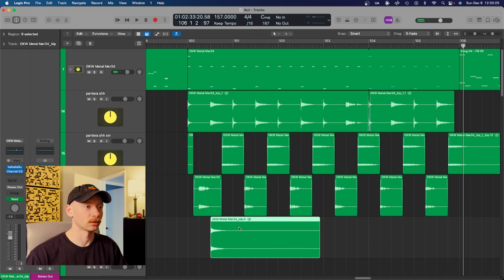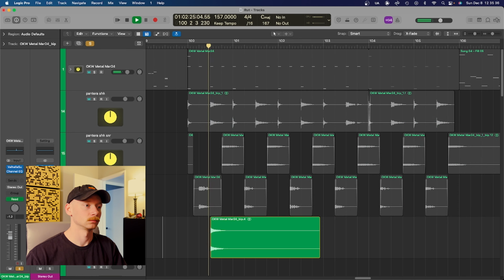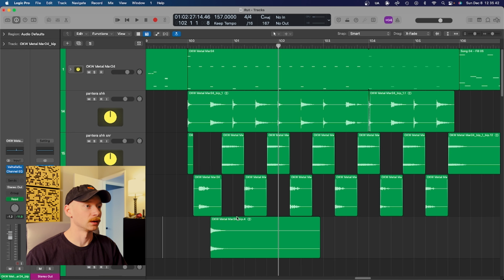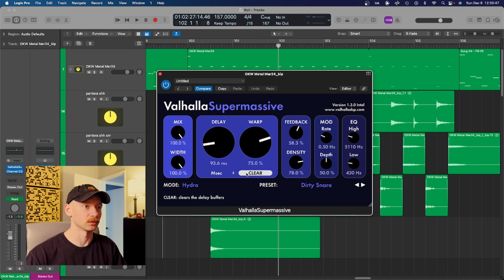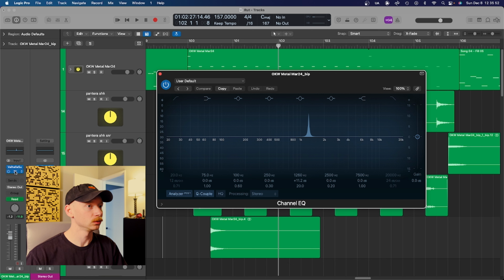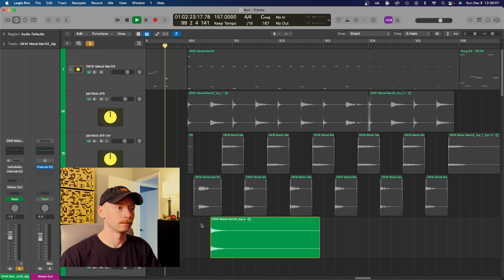And this last bit that I threw in here was just an extra big snare for that first snare. So it really pops. This is what it sounds like. Just huge, over-the-top snare. And I bounced one of these snares and just threw the Valhalla Supermassive on there with the dirty snare. Then I EQ'd this frequency here to help it ring out even more to cut through the mix. So here's what it sounds like dry. Dry-ish, you know what I mean? Then with the Valhalla,